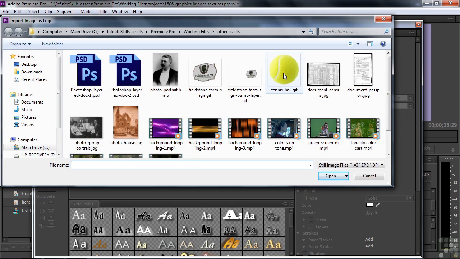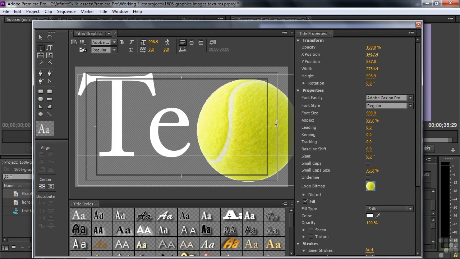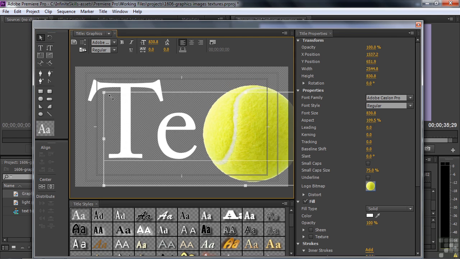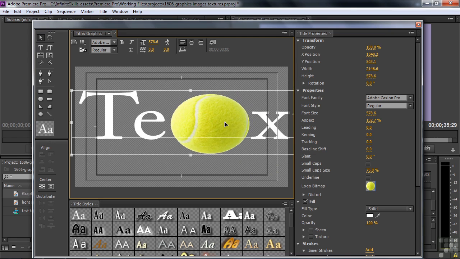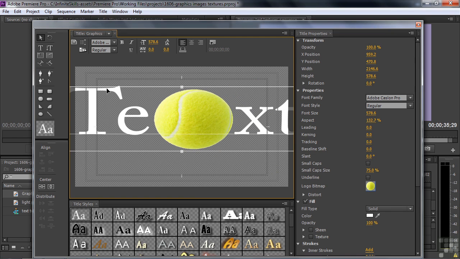I'm going to get this tennis ball here, make it easier. And it puts the tennis ball right in there. It makes it as large, relatively speaking, as the text is. I'm going to click here like this, bring it down to a more manageable size here. There you go. And if I want to affect the size of just the tennis ball, I can get my